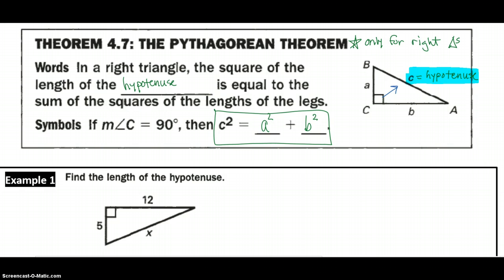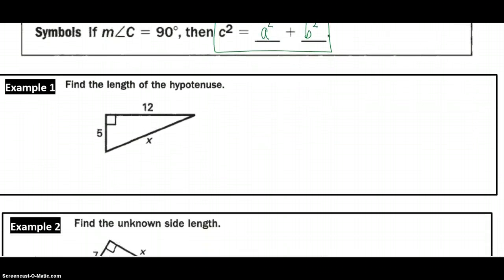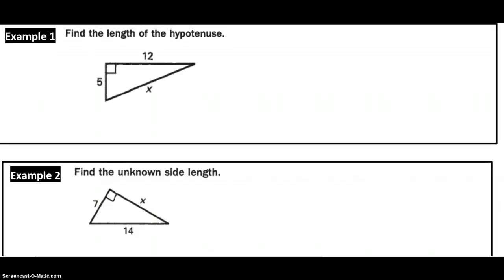Okay. So looking at example 1, the first thing that we want to do is label C. Which one should be labeled C? X, because it is across from the right angle, or opposite the right angle. So this one is C. And then after that, it does not matter which one you pick as A and which one you pick as B. So I'm just going to say this is A